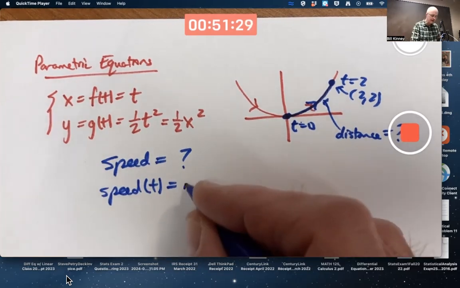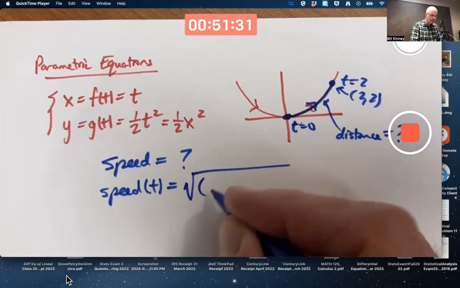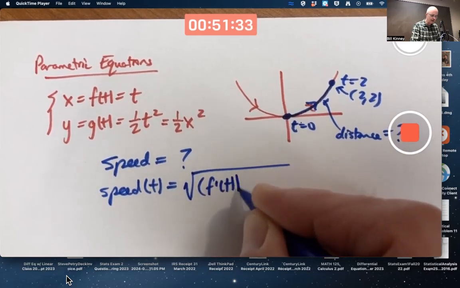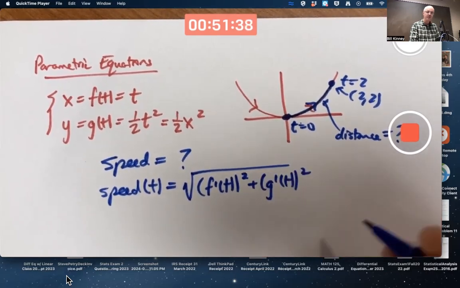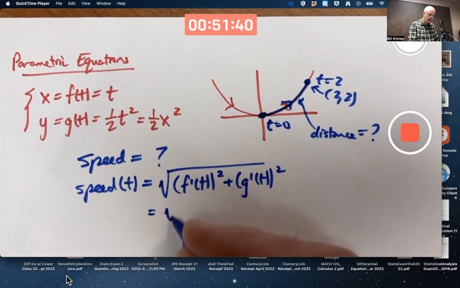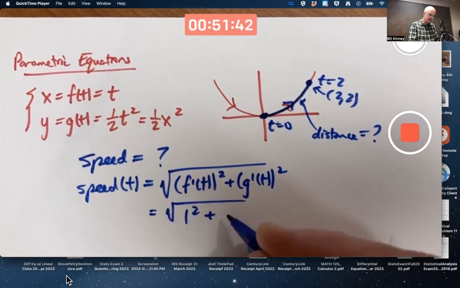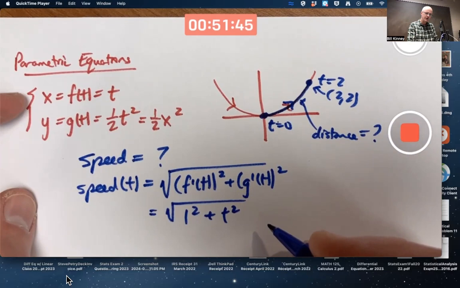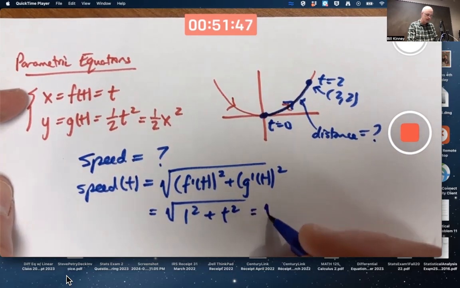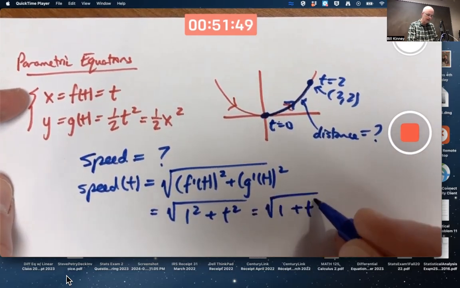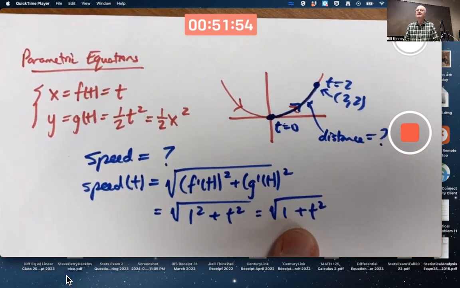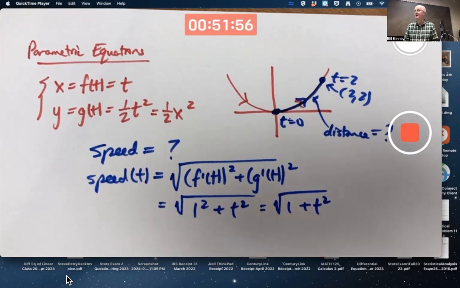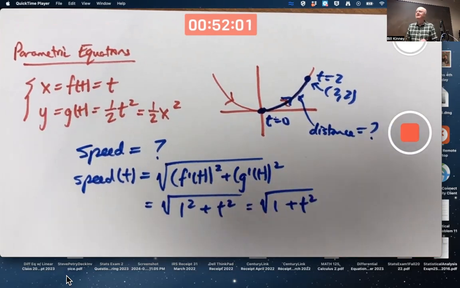Turns out the formula for the speed is the square root of f prime of t squared plus g prime of t squared. And for this example, that is square root of 1 squared plus t squared. Differentiate those functions up there. Square root of 1 plus t squared. Square root of something squared plus the variable squared. We're going to integrate this thing. What's our goal? Our goal is to find the distance